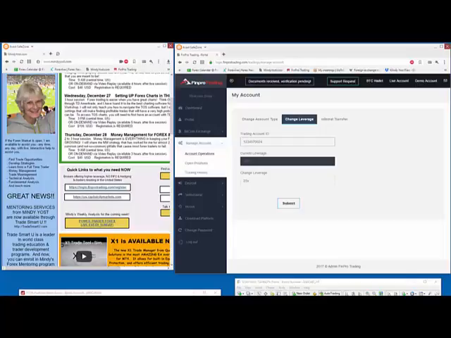To change the leverage, you could try to put in 400 to 1, but it's not going to take it because the most they offer in here without a special request is 200 to 1. But all you have to do is send them an email, tell them your account number, tell them who you are,